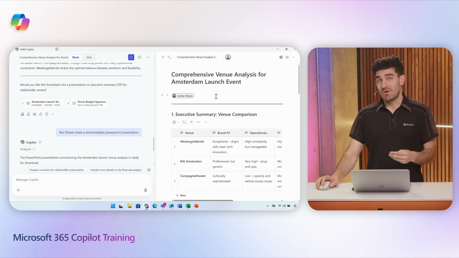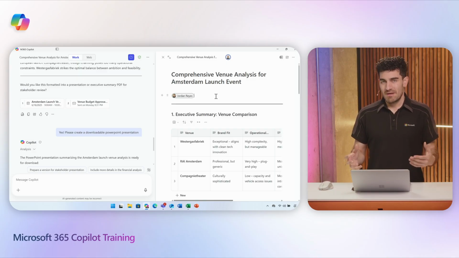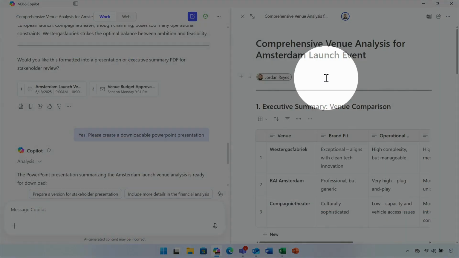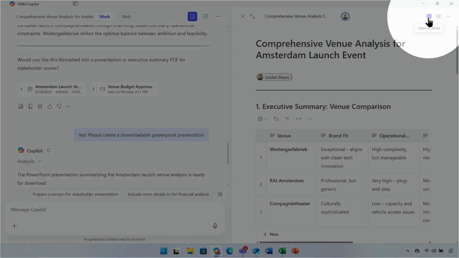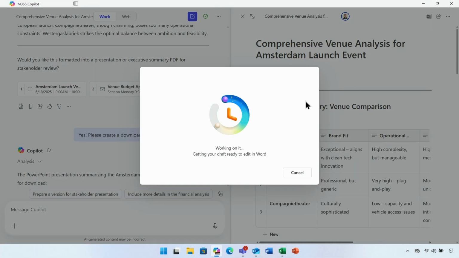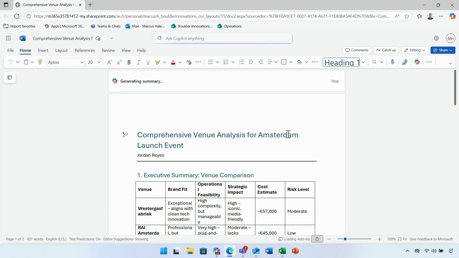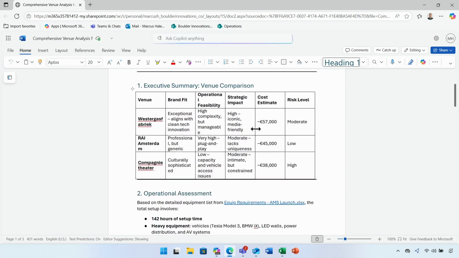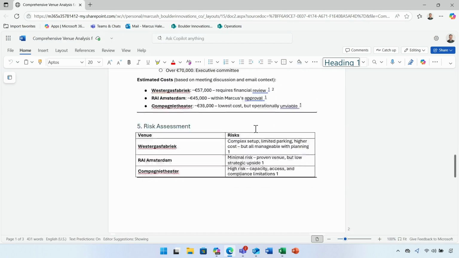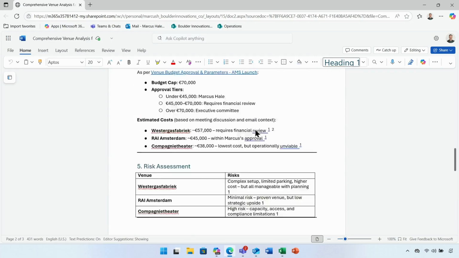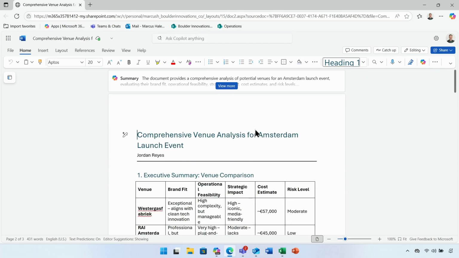Pages is a really powerful place where we can all work on it together, but my analysis doesn't have to just stay here. I could also convert this page that I've created very quickly into a Word document. By pressing this, it will then take what I've built and convert that and allow me to open it in Microsoft Word. Comprehensive venue analysis for Amsterdam launch event. And here I have those same insights brought together into a useful Word document that I can also send off